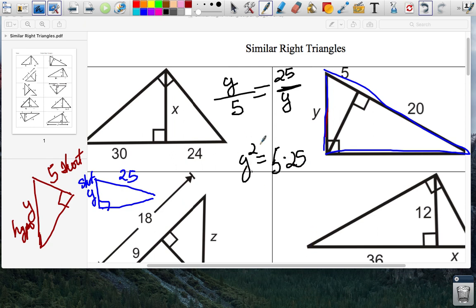And then remember, to get rid of that, we're going to take the square root of both sides. So if we do that,